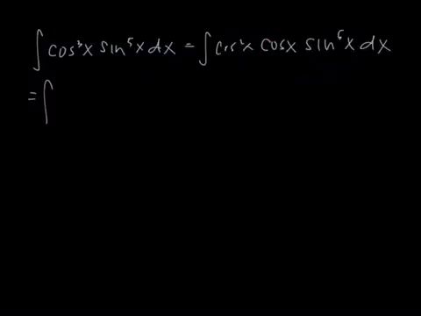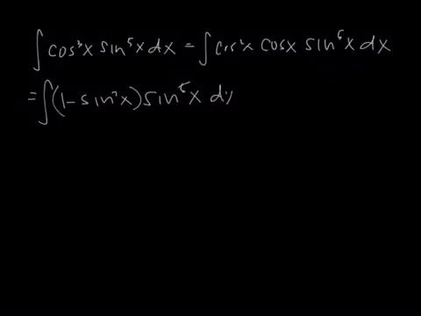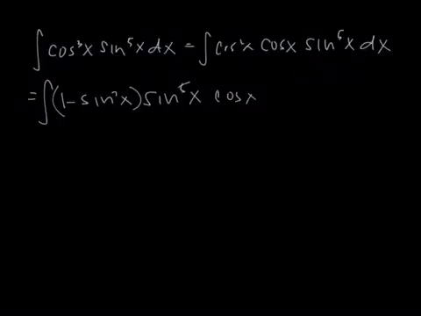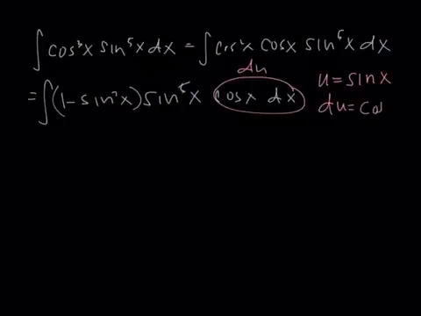So here's the magic. 1 minus sine squared of x times sine to the 5th of x dx. Oops, forgot the cosine. Cosine x, now dx. I will use a u substitution of sine of x. Why? Because the sine of x is the inner composite, and that piece is about to become my du. So that du equals cosine x dx, and now the integral of 1 minus u squared u to the 5th